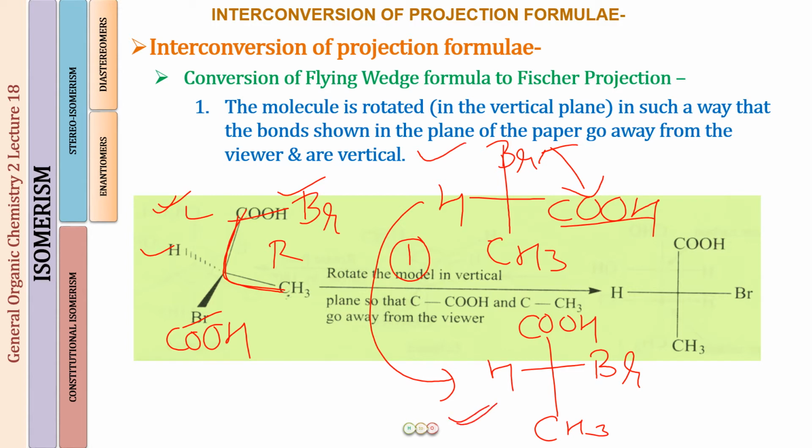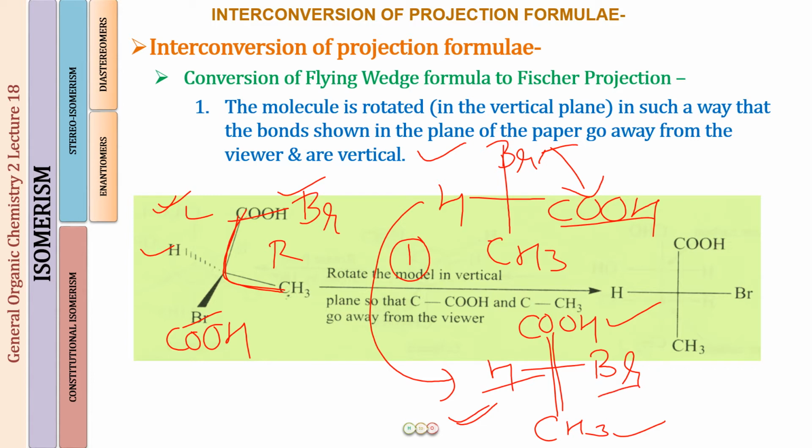This is again what I've told you in the last lecture, explained with the help of the models also. So we do not want the configuration to change. What are we going to do? Well, we are going to make 2 interchanges. So we will make 1 more interchange. And what is that going to be? Well, we want the COH and CH3, which is going to be our carbon chain, to remain in position. So let us change the position of H and Br.